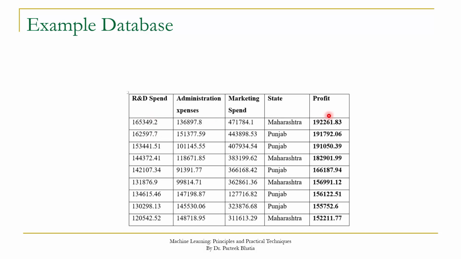Here we have a dataset of a company. Here we have listed the profit of the company with some of its attributes, like the amount that the company spends on R&D, administration, marketing spend, and the state from which that company operates. So here we have these attributes and we wish to predict the profit of a company based on these input attributes. Here we can understand that the profit of the company will be dependent on the amount it spends on its R&D, administration, marketing, and the state from which it operates.